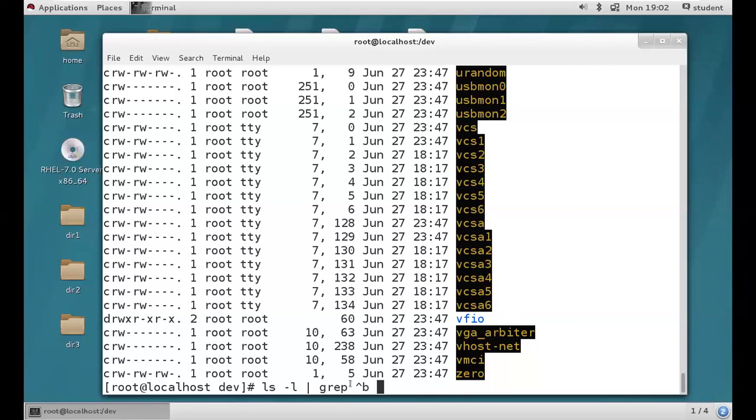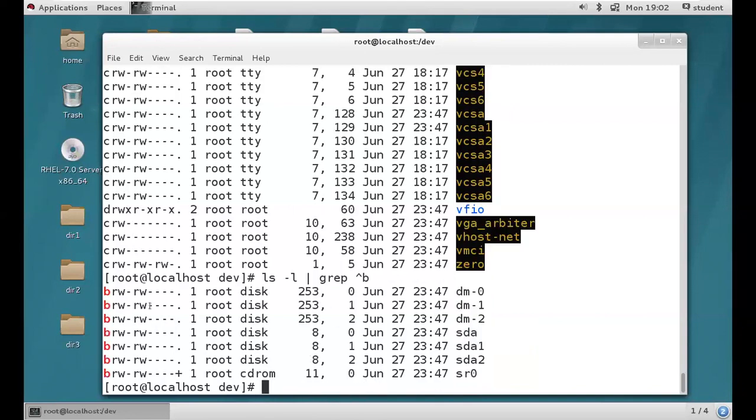It will consider the first letter from your output. First letter should be B, so that's why we provided B here. Got it, guys? Starting letter B files we are going to get.